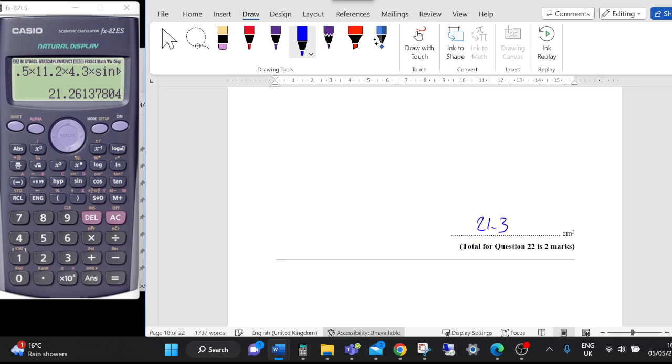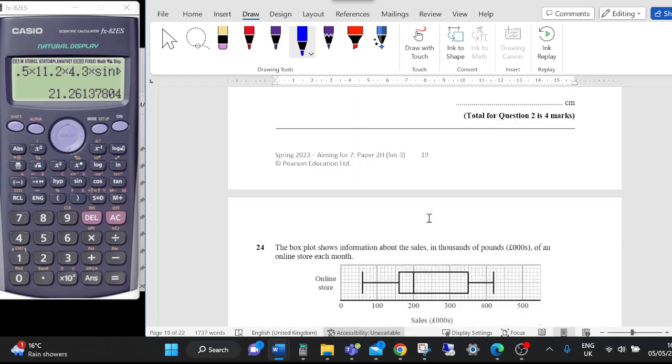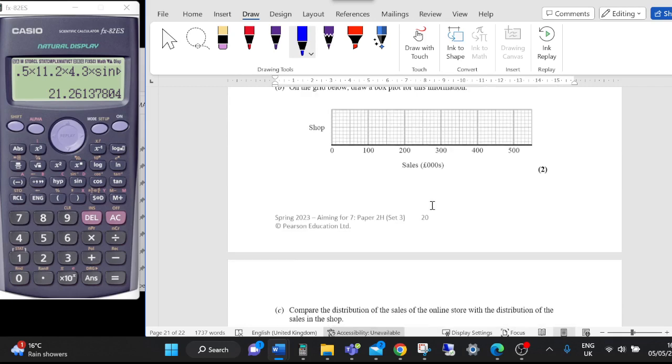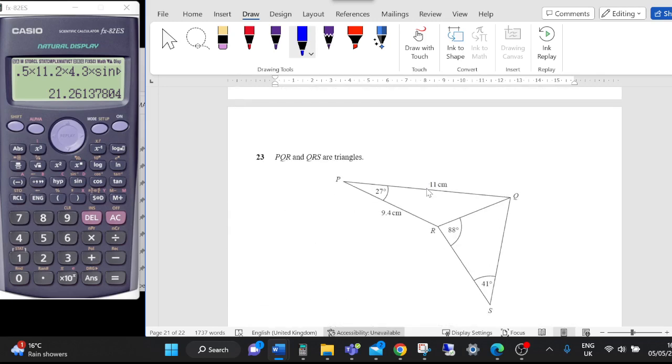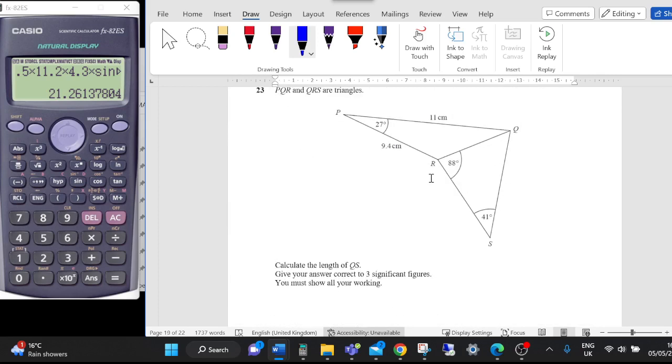All right then, question 23. Is that the end? It's not. That's 24 questions. So I'm sure it said 22 at the start, but there we go. So question 23. Calculate the length of QS. So we're looking at this length here. We can't do that yet. To do that, we'd need to work out the length of that first of all. Once we've got that, we could use the sine rule, but we're going to have to work out y using